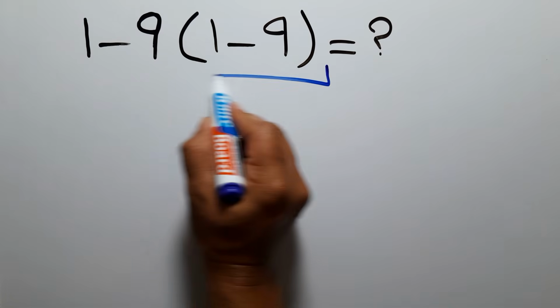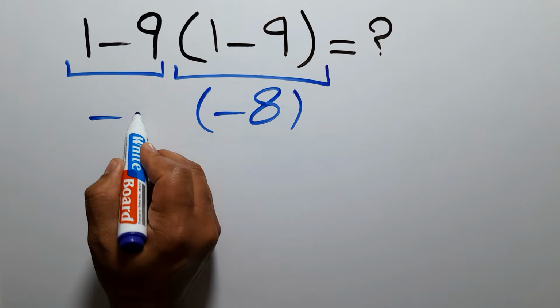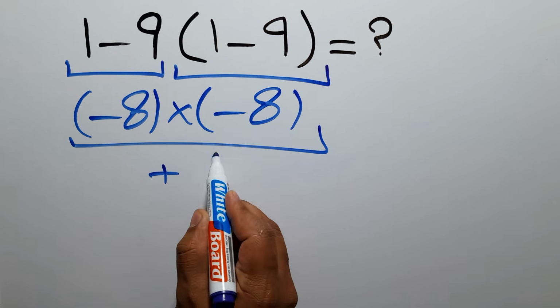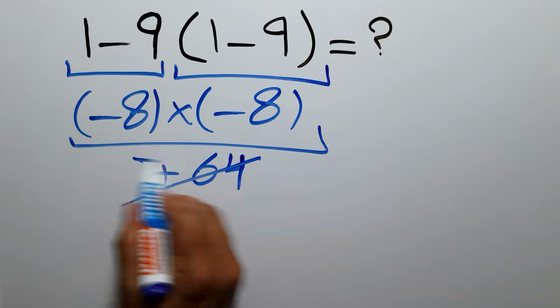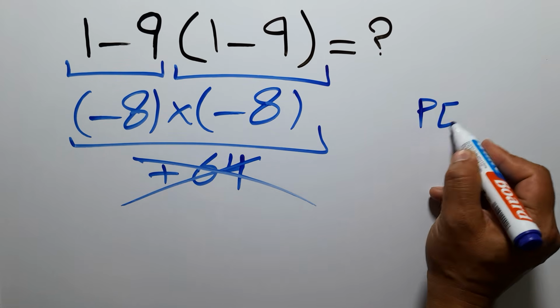1 minus 9 gives us negative 8. And again here we have 1 minus 9. So negative 8 times negative 8 gives us positive 64. But this answer is not correct, because according to the order of operations, which is PEMDAS,